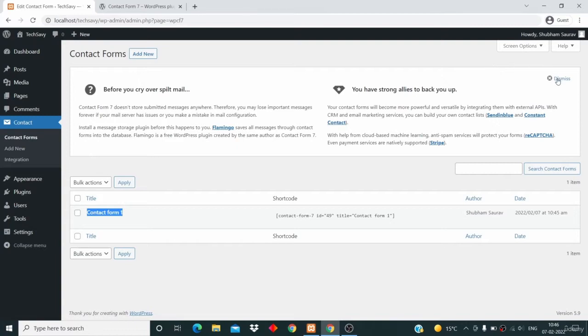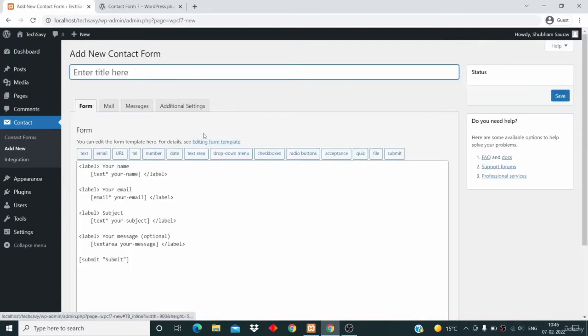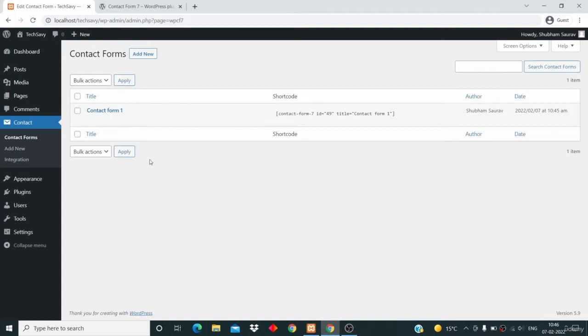If you want to create a new contact form, then you can click on Add New, and then you can create that from here, but I'm not going to do so. I'll just click on the contact form here and I'll use this one, because 99% of the time this will work just fine. So just click on edit